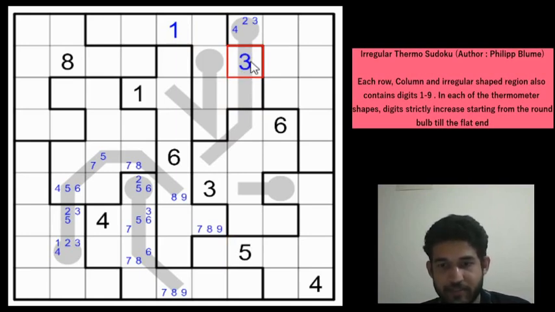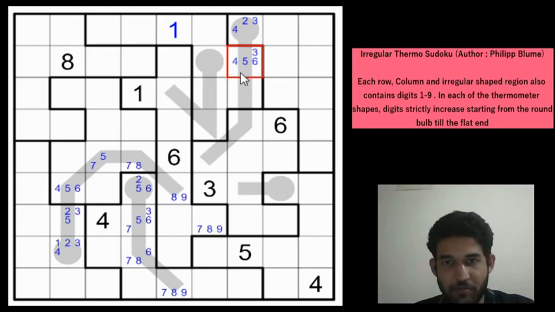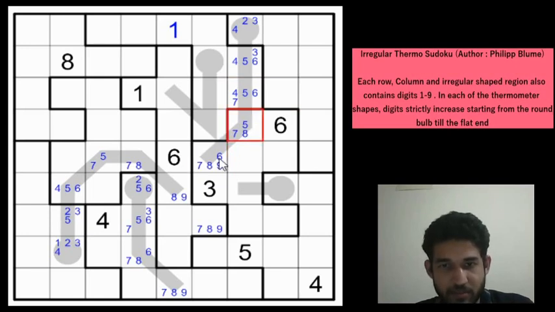Let's write the candidates. So this can be minimum 3 and maximum it can be 6, right? Let us write it. Minimum 3 and maximum 6, because if you have a 6, then 7, 8 and 9 will be perfectly valid. And this will be minimum 4 and maximum it would be 7. 4, 5, 6, 7. And this is going to be 5, 6, 7, 8 and this would be 6, 7, 8 and 9, right? We can eliminate the 6 from these cells.